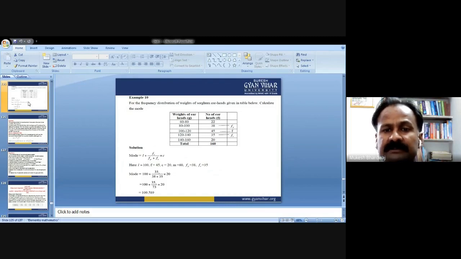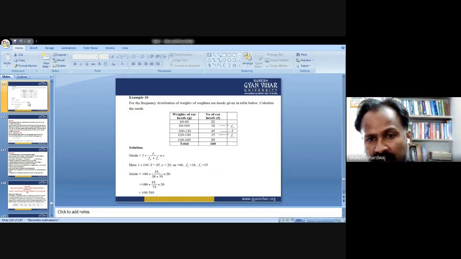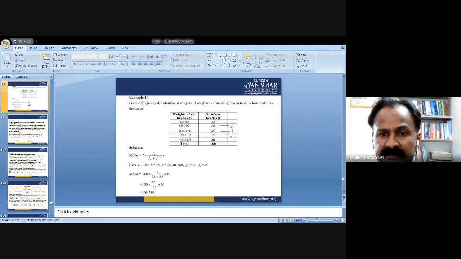Weights of ear heads: 60 to 80, 22; 80 to 100, 38; 100 to 120, 45; 120 to 140, 35; 140 to 160, 20. By observing the table, the number of ear heads, 45, is highest for the range 100 to 120. So this is decided as the modal class. After deciding the modal class,